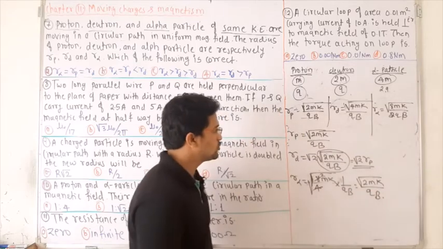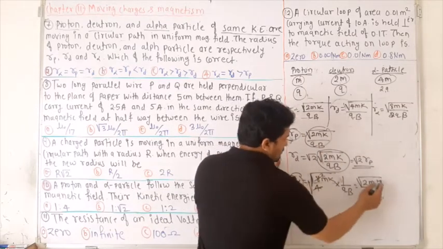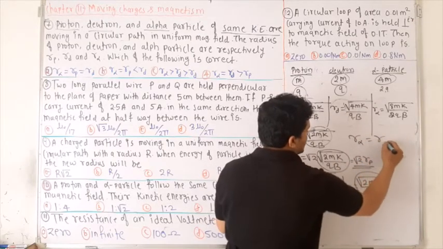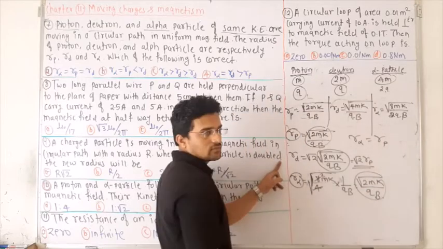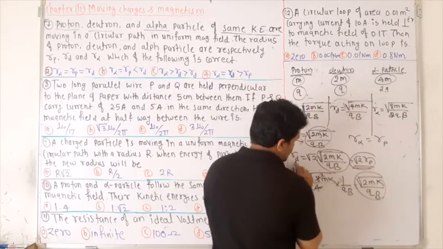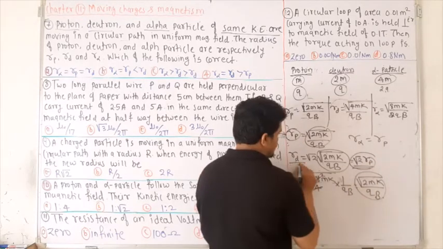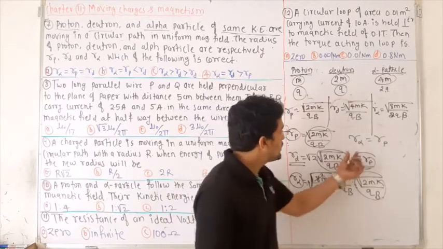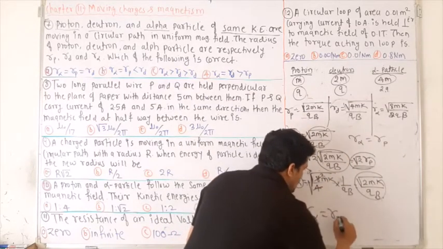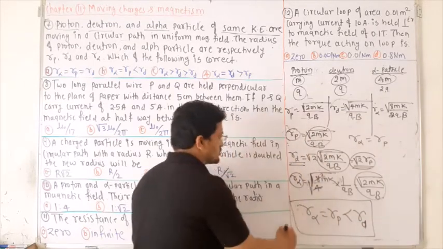Now you can see here, the radius of the proton is this much, the radius of the alpha particle is this much. So both are having the same equation. It means the radius of the alpha particle is exactly equal to the radius of the proton. But you can see here, the radius of the deuteron is 2 times root 2 times the radius of the proton. That means the radius of the deuteron is larger compared to these both. So you can make this equation: R alpha is equal to R proton, which is much less than R deuteron. So this is the relation.